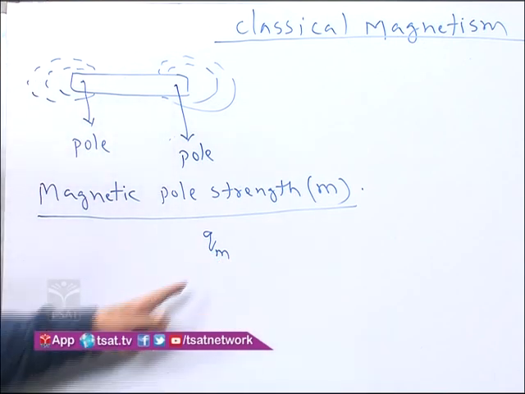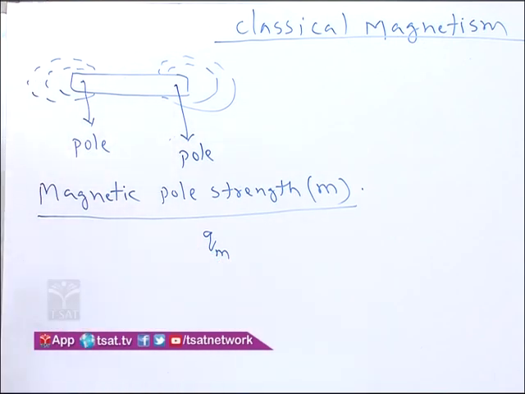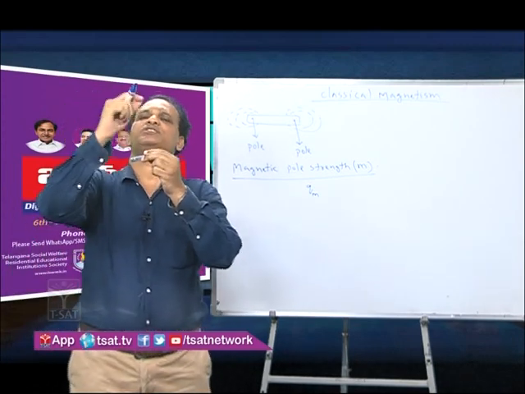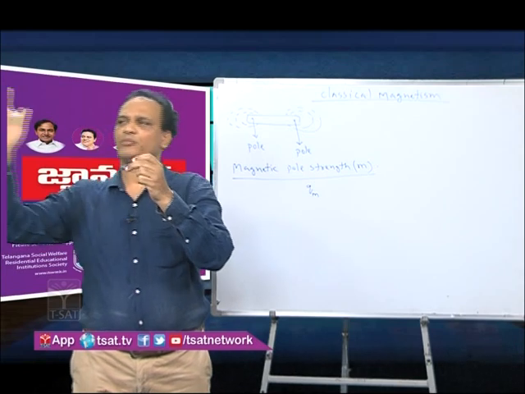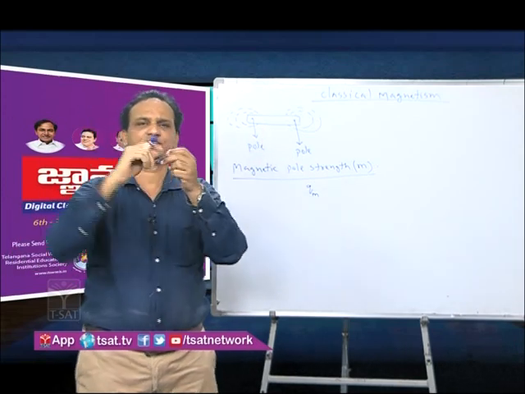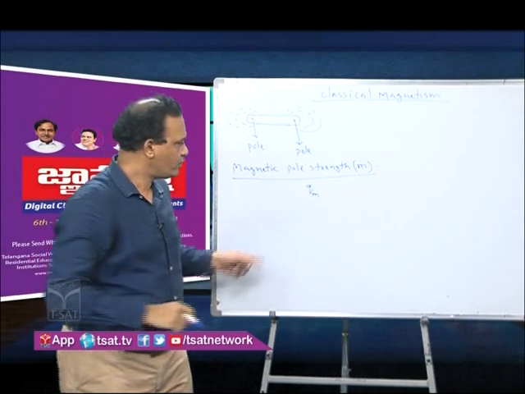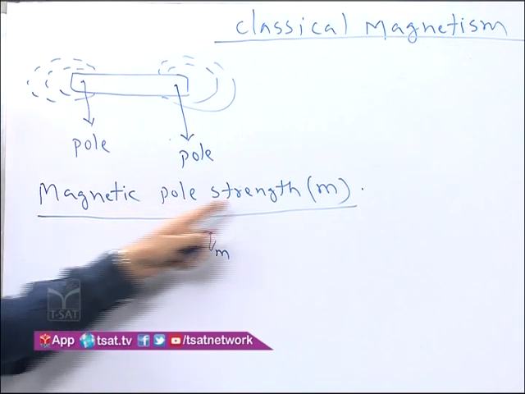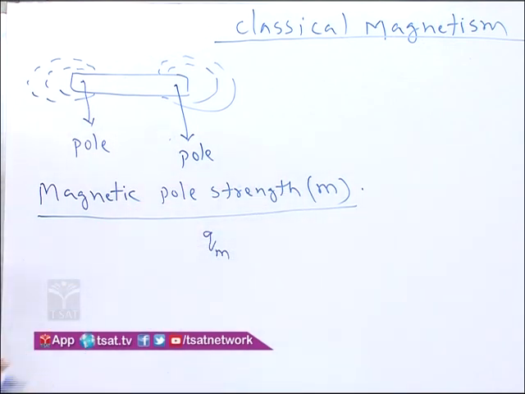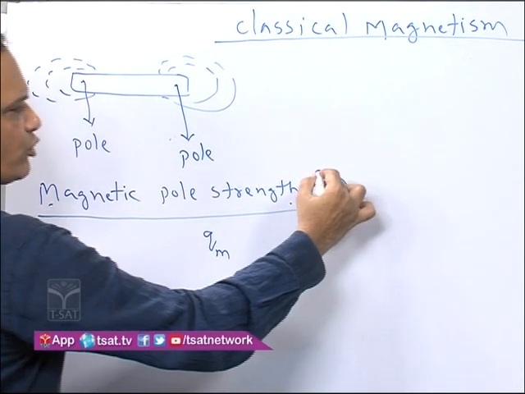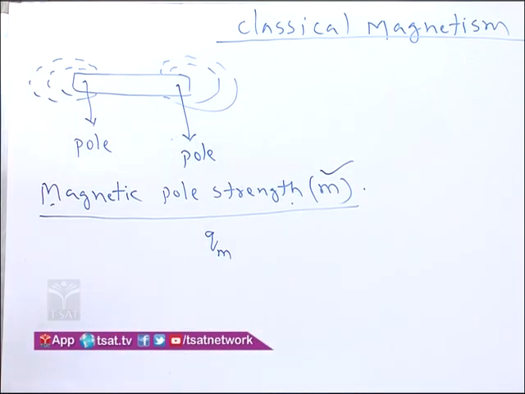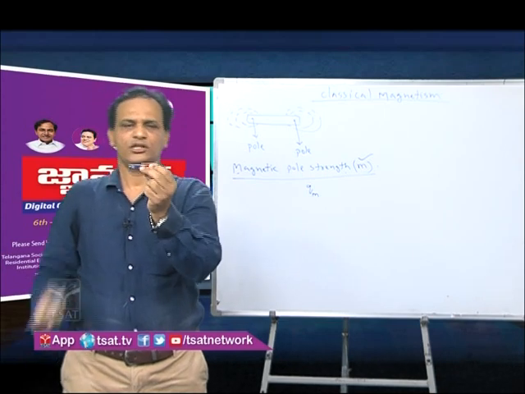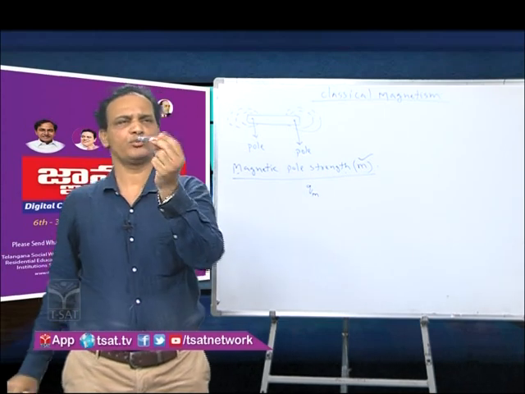Here Q, you know, is charge. There is a relation between charge and magnetism. When a charge revolves in a circular path, a magnetic field is developed along the axis of the coil. Therefore these two notations are used for magnetic pole strength. In this topic I am using M as the notation for magnetic pole strength. So now you understood the maximum attractive power of a pole. Every bar magnet has two poles.